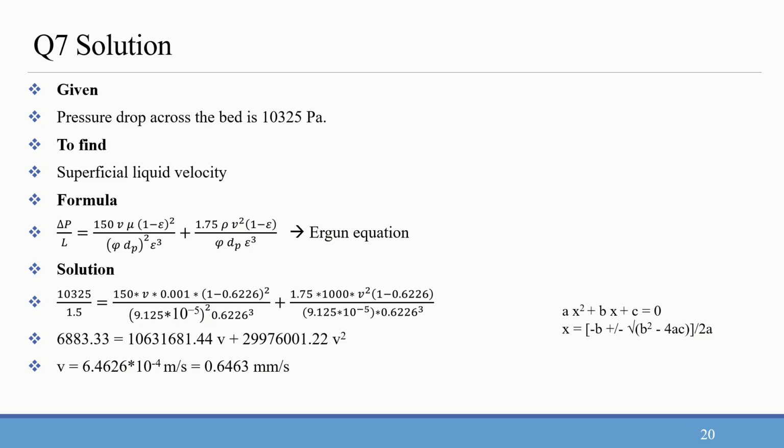Ax square plus bx plus c. So here degree is 2. If we are going for a cubic equation, it will be ax cube plus bx square, so at that time we should give the degree as 3. But right now our degree is 2. So for degree we press 2 and it will ask for A. So A here is